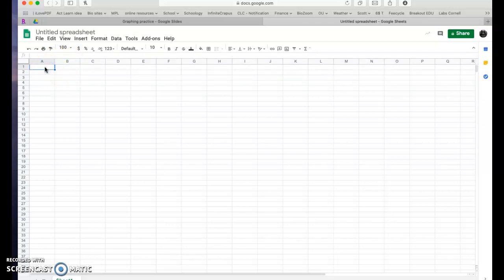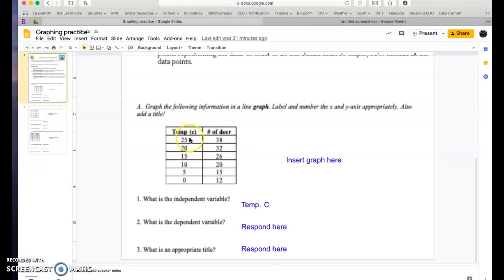And so first I'm going to type in the title right there, temperature, degrees Celsius. And over here I'm going to put number of deer. And then if I go back and look at my data table, you can see it starts at 25 and